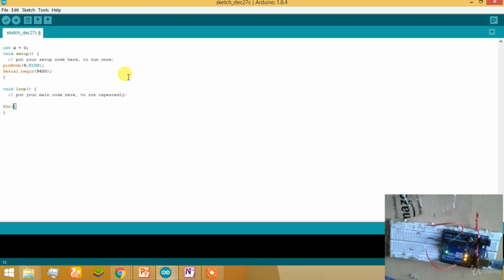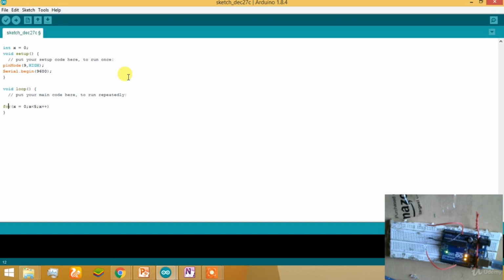In void loop we have written the for loop and given it parentheses, but now let's do the work. x is equal to 0, give a semicolon. In this condition we are giving x is equal to 0, then x is less than 5, and now x should be increased.